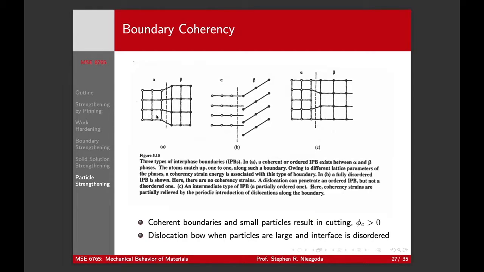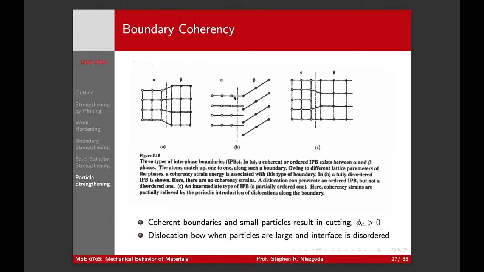And because we have different lattice parameters here, there's a coherency strain associated with this type of boundary. These atoms have a tensile strain associated with them. These atoms will have a compressive strain or stress associated with them. Okay? Or we could have a completely disordered